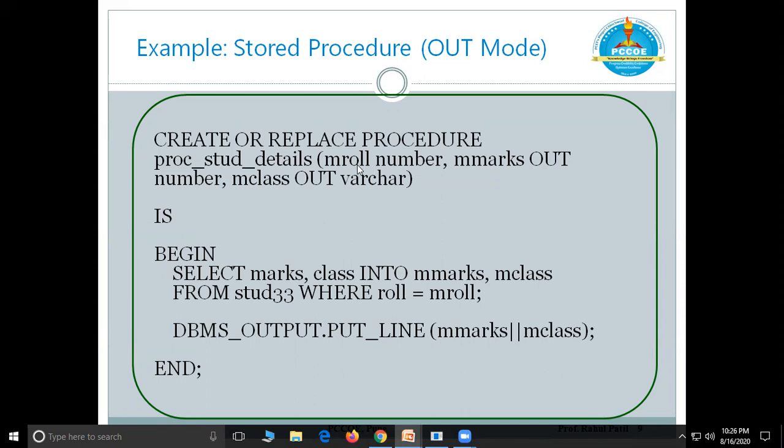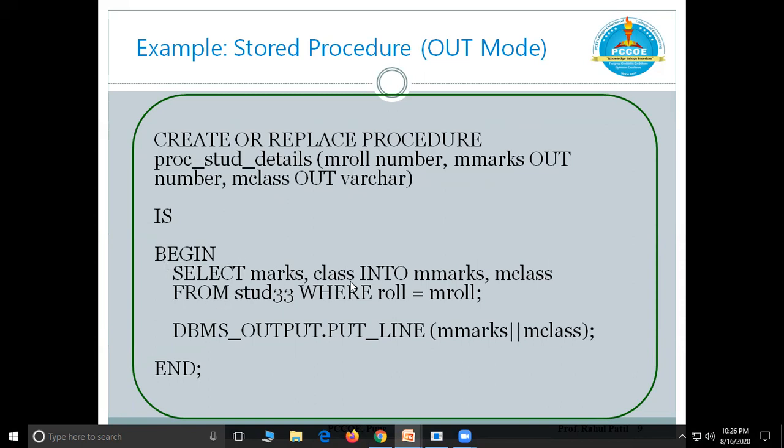So mRoll will be the input and for mmarks and mclass, the out mode is given, means this procedure will return certain values. Those are out. That's why mmarks and mclass are the out arguments. Then nothing is declared. Go for begin.